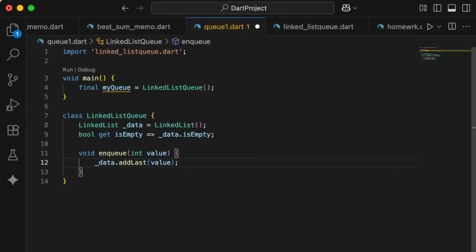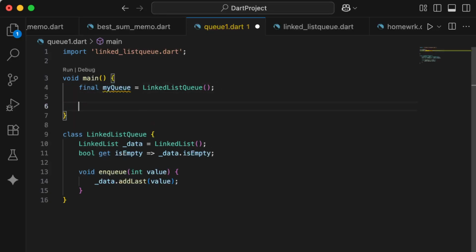Alright, so this method adds a value to the end of the linked list, and adding to the end ensures that elements leave the queue in the same order they entered it. Okay, so now we can add values to our linked list queue,